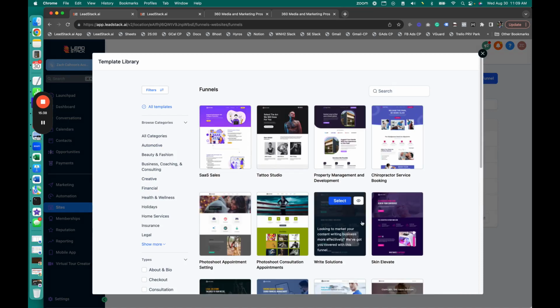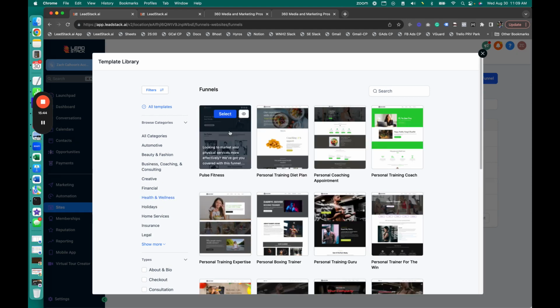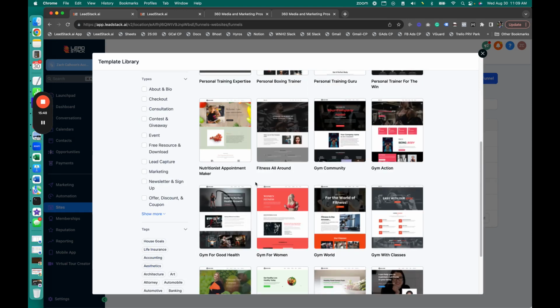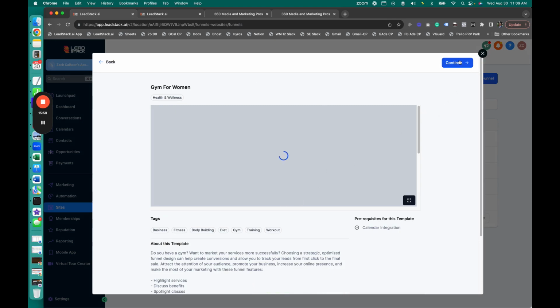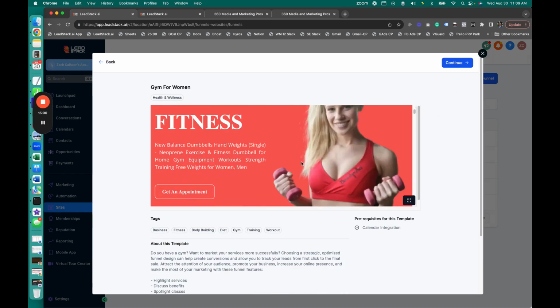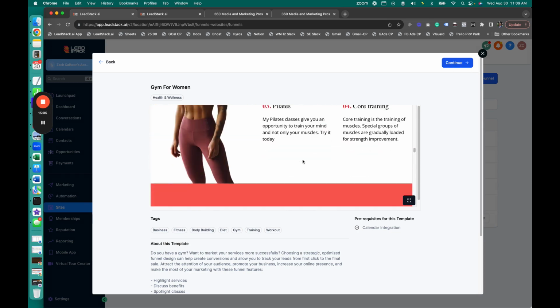and there's all types of categories that already exist. So you click on health and wellness. Your friend is a personal trainer and needs a website. No problem, bro. It's $100 a month or $50 a month, whatever you want to charge for hosting. You can charge whatever you want. Here's an example of what it looks like. And you click select, and you can send over this preview of this specific funnel and website example,